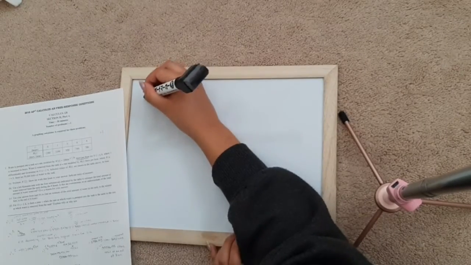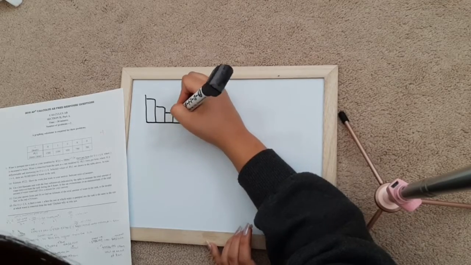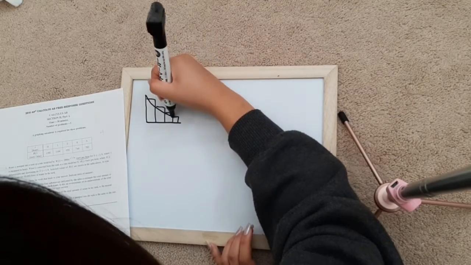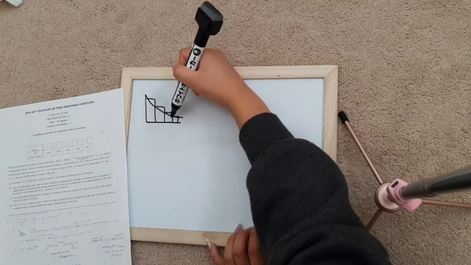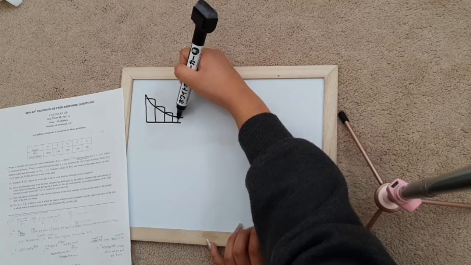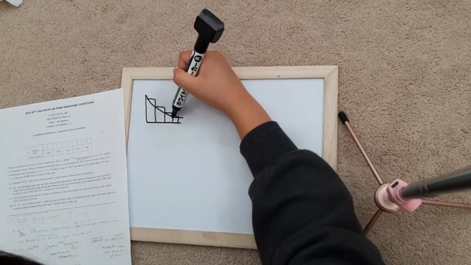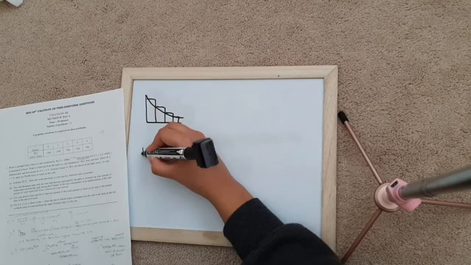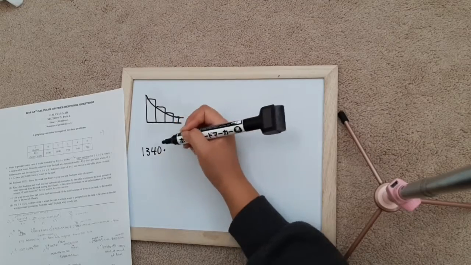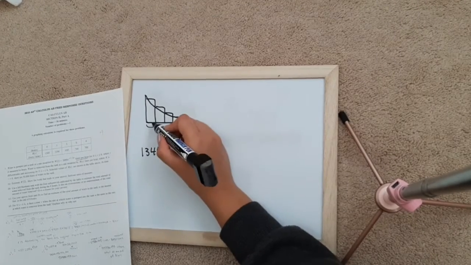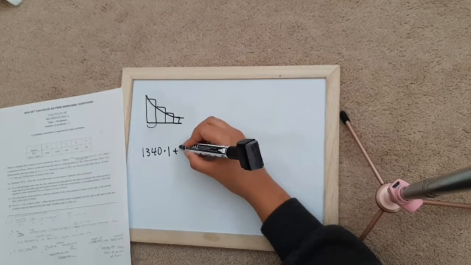You can also draw a graph to know which points to use. So 0, 1, 3, 6, and 8, and as you can see, 8 is on the right side and not the left side. So use all these points on the left. To do the left Riemann sum, you do 1,340, which is the point for 0, times the width, 1 minus 0, so times 1, plus the next point,